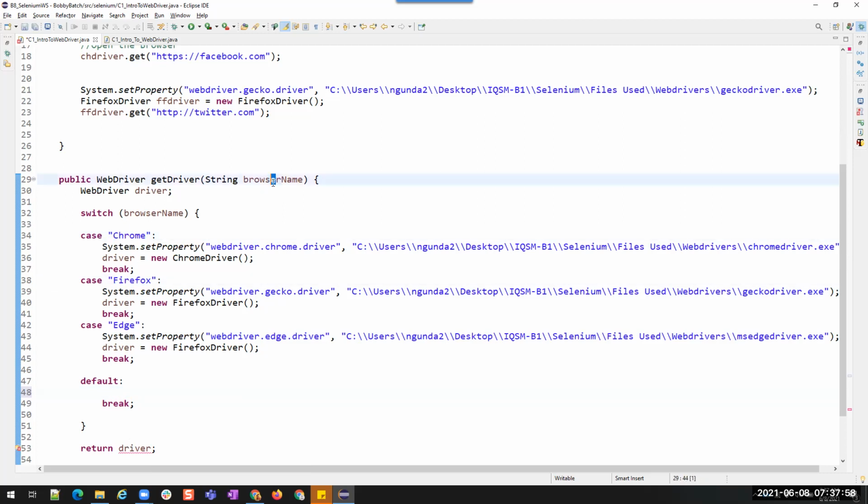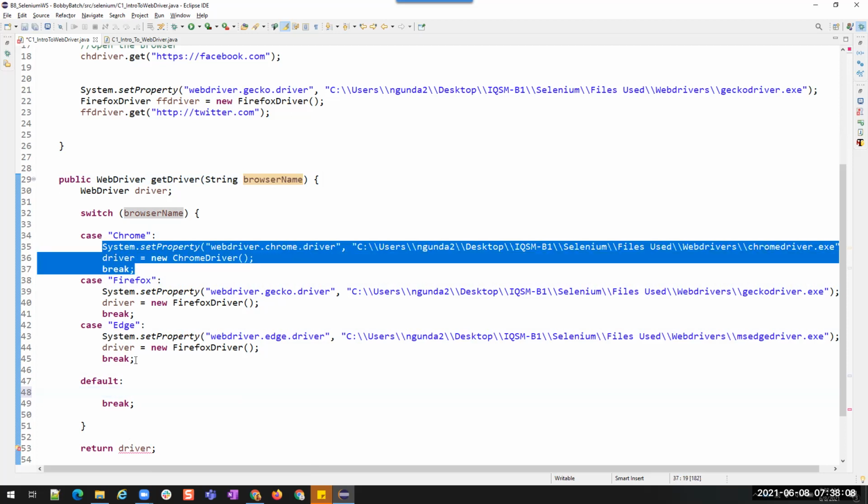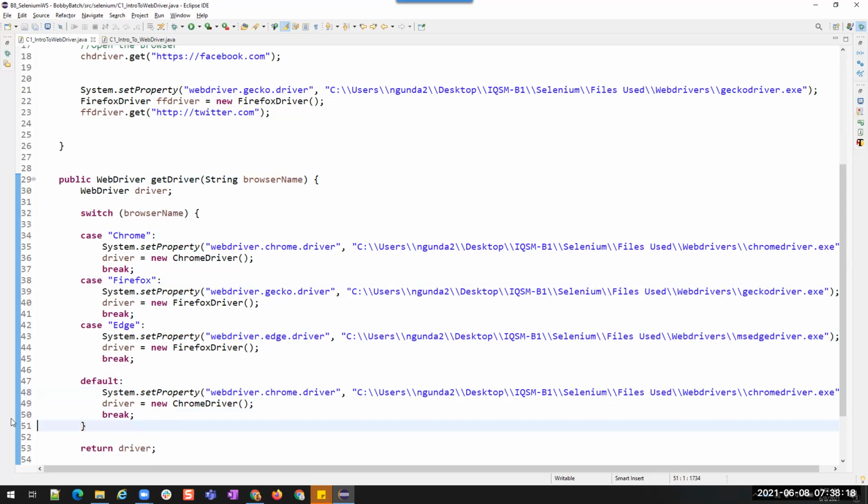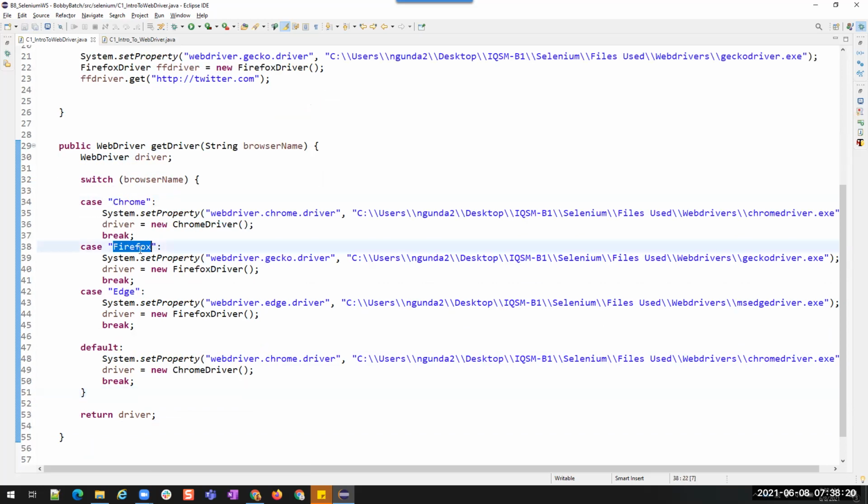If the keyword which I am passing is not matching any of these cases or any of these browsers, then what should I do? By default, I want to open Chrome. If none of this is matching, I want to open Chrome by default because I don't want to stop my execution because of this not matching case.